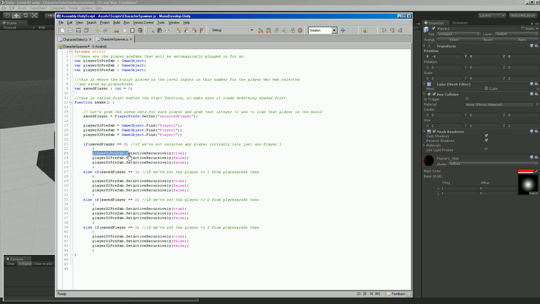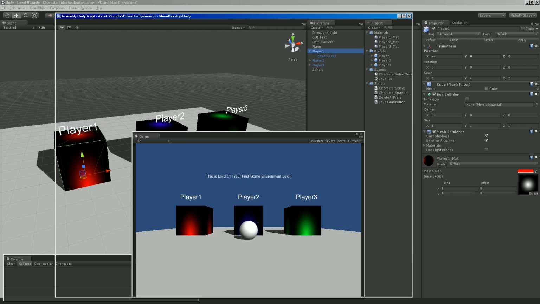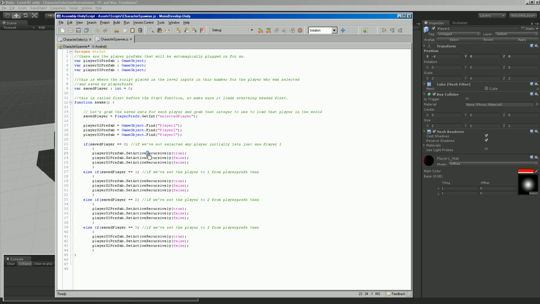So it's saying let's take player 1 prefab and set it true. So we're enabling it. Set active recursively, you can look it up on Google or whatever. It's very cool. It'll take the prefab and it'll actually disable or enable everything inside of that as well. Enabled or disabled, just instead of set active recursively, if it was just set active like this, which is legitimate,